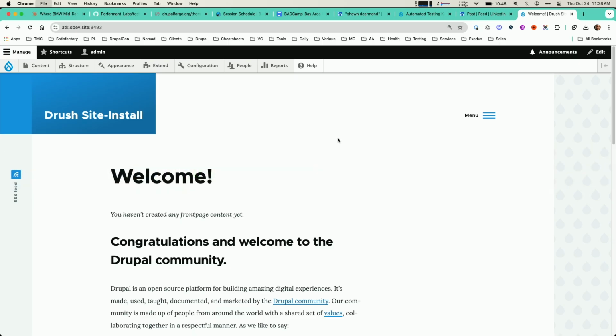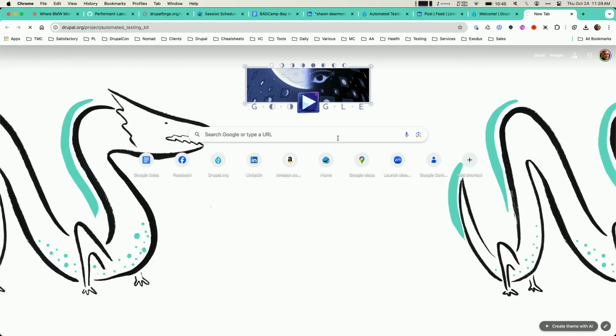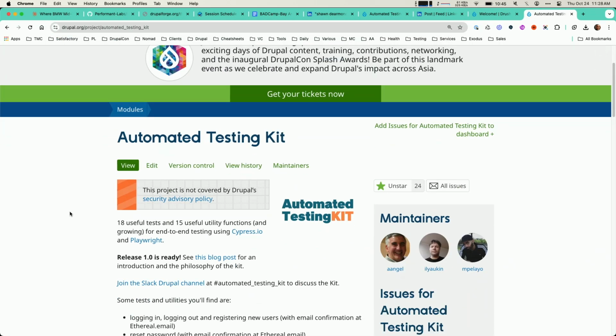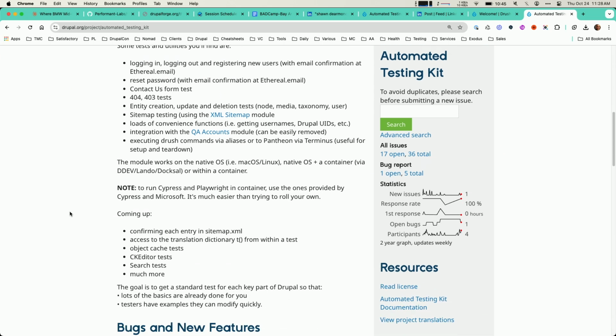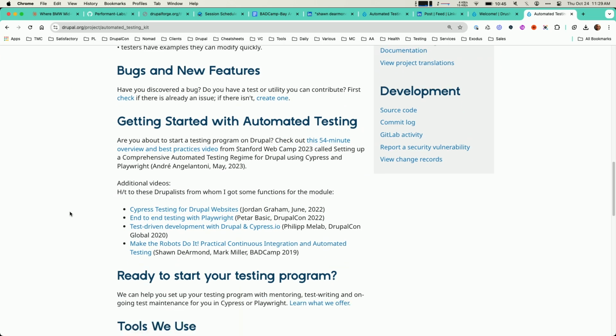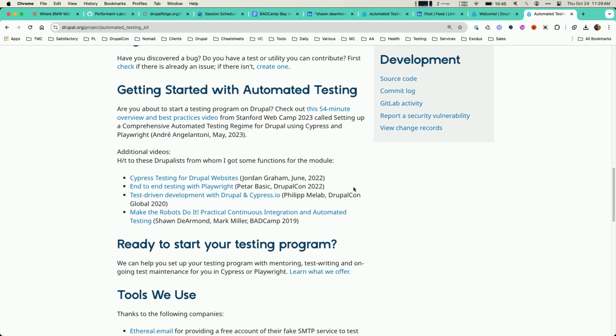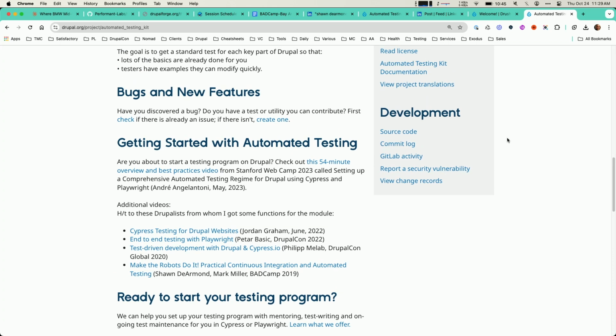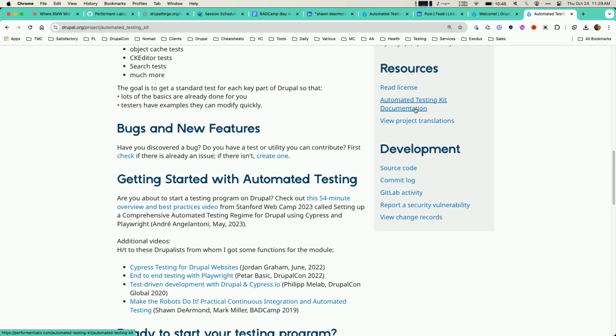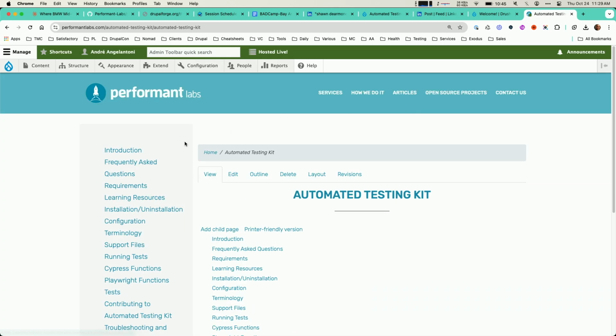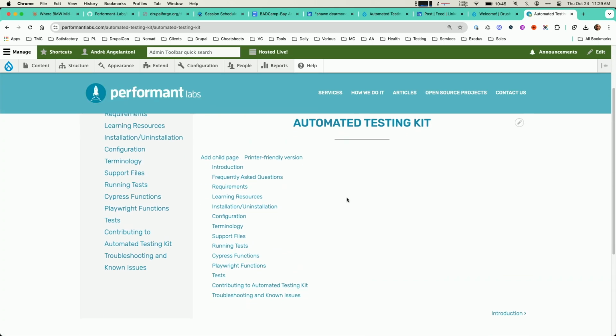But by the way, all that is here. So if you go to the automated testing kit, I'll put this presentation here as well so you have access to it. But then you go to the documentation here. Lots and lots of documentation, and it explains how to install, configure, and then what you're asking is